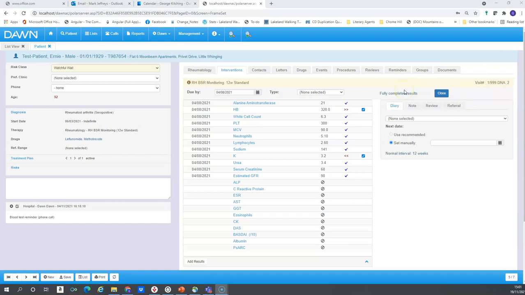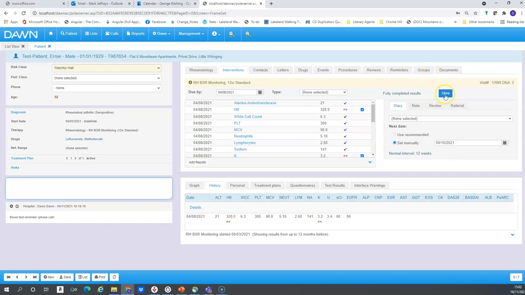So what I can do is do what I should have done in the first place back in August and close this set of results. Now to do that I do need a next result date, but what I'm going to do is put it roughly, I don't know what it would have been, it would have been something around here. It doesn't really matter because we're going to DNA them. But if we close the results now,